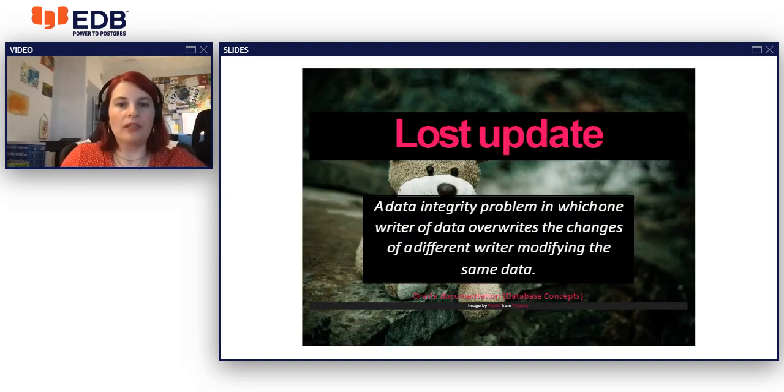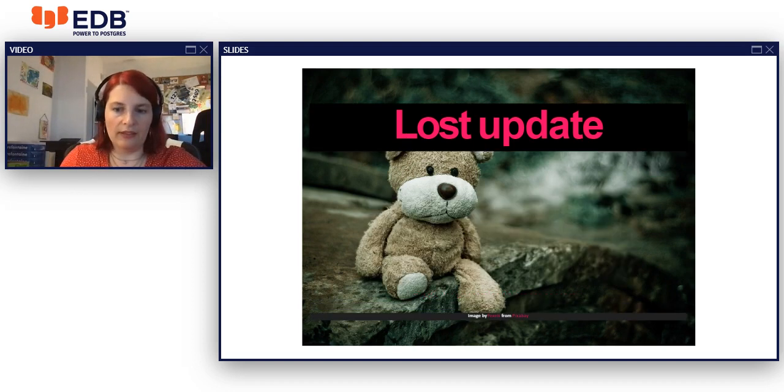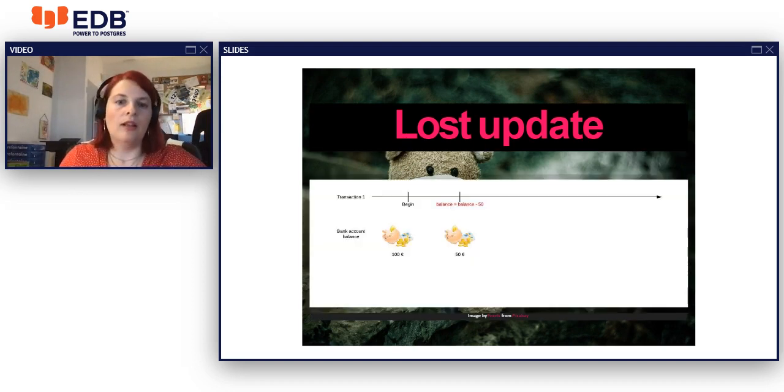Then there is another anomaly. It's called lost update. It's a data integrity problem in which one writer of data overrides the changes of a different writer, modifying the same data. Let's see that in an example. So you have a bank account with 100 euros on it. Then let's assume you have a transaction that will try to retrieve 50 euros from your